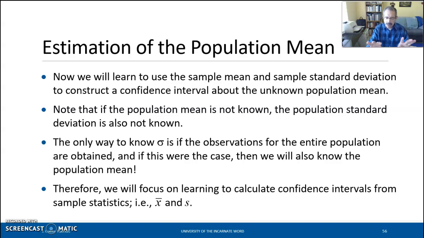And I wanted to emphasize that if you knew the population standard deviation, then you must know the population mean, because if you remember in module 3, I showed you the formula for how to calculate the population standard deviation, and we had to use the population mean. Therefore, I'm not going to focus on the part of the text where they assume that the population standard deviation is known. I'm going to focus on the section that relies on the sample statistics, the mean and the